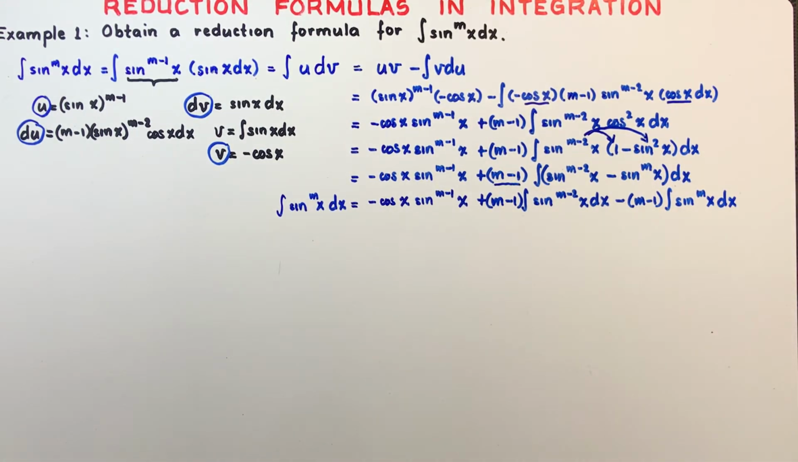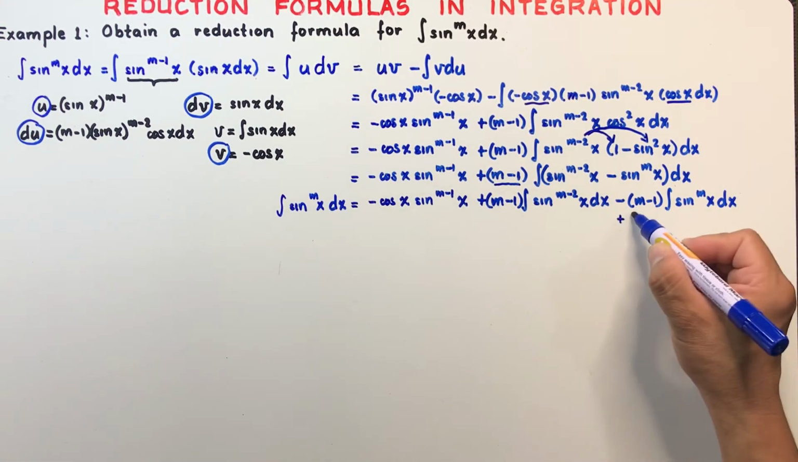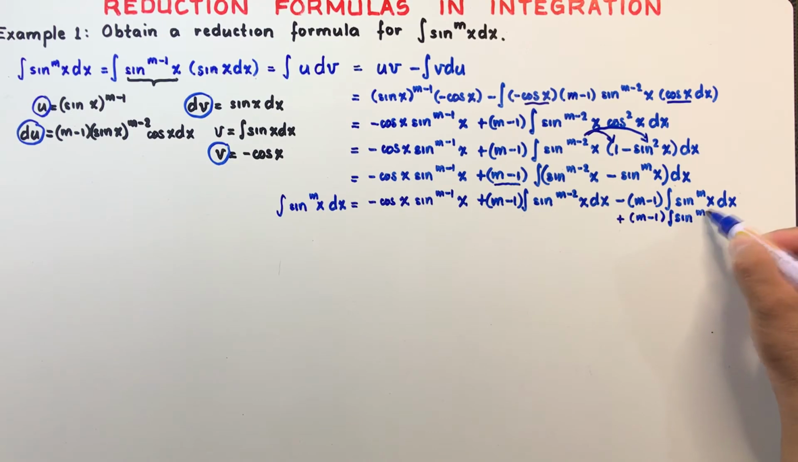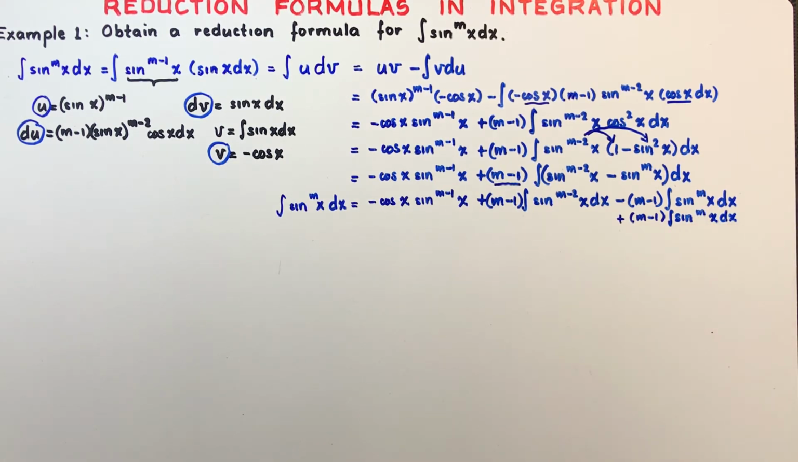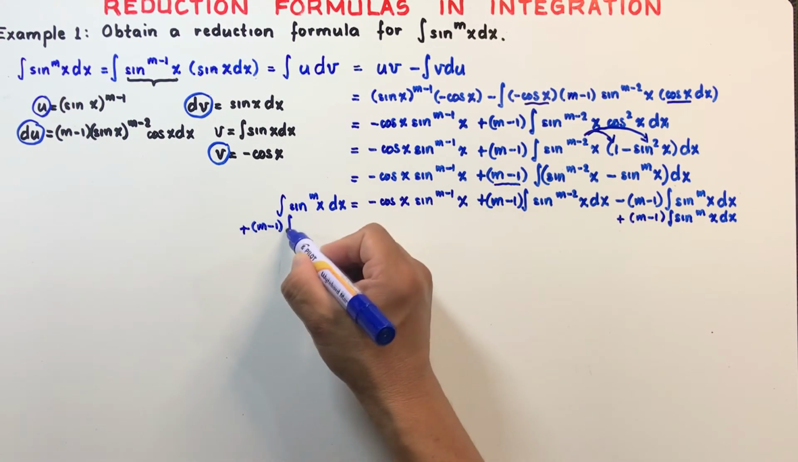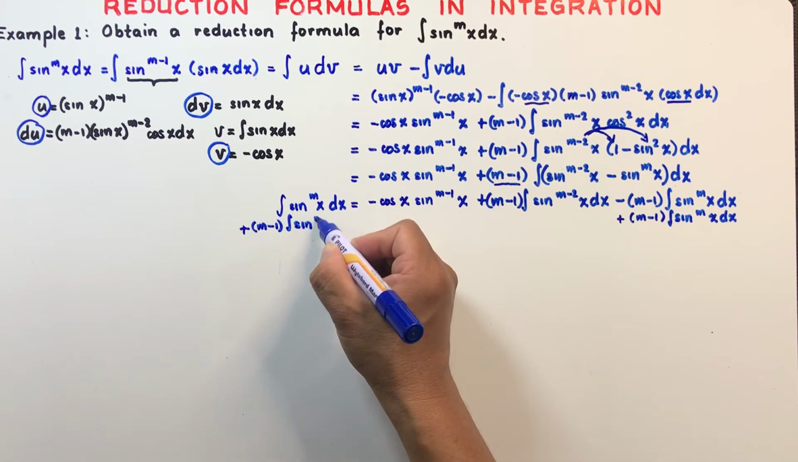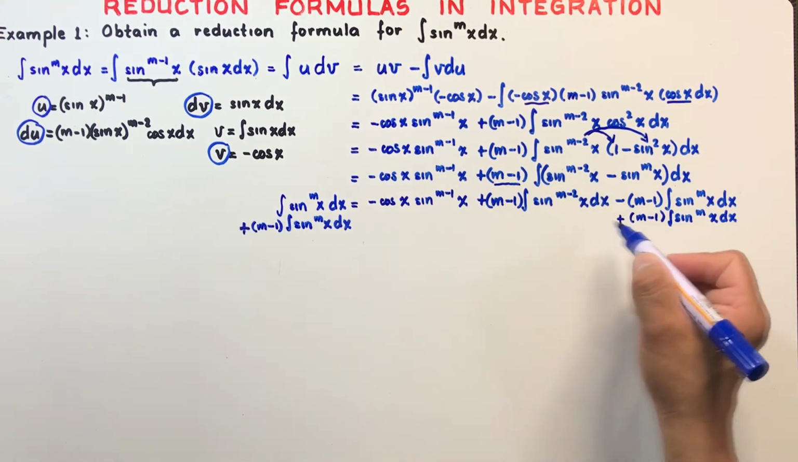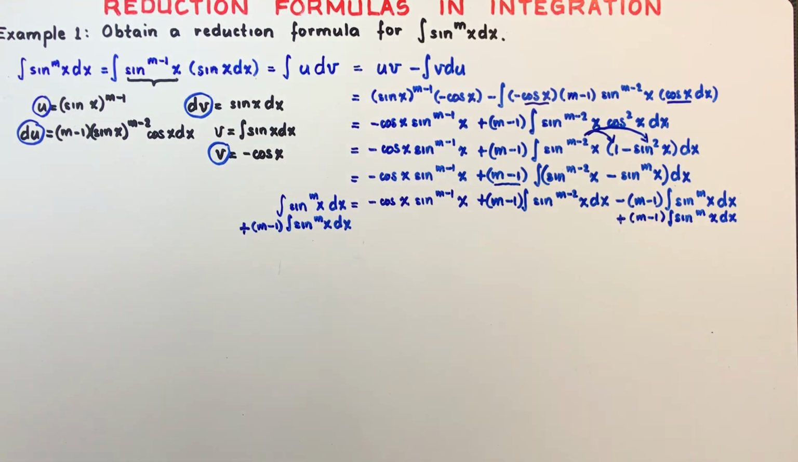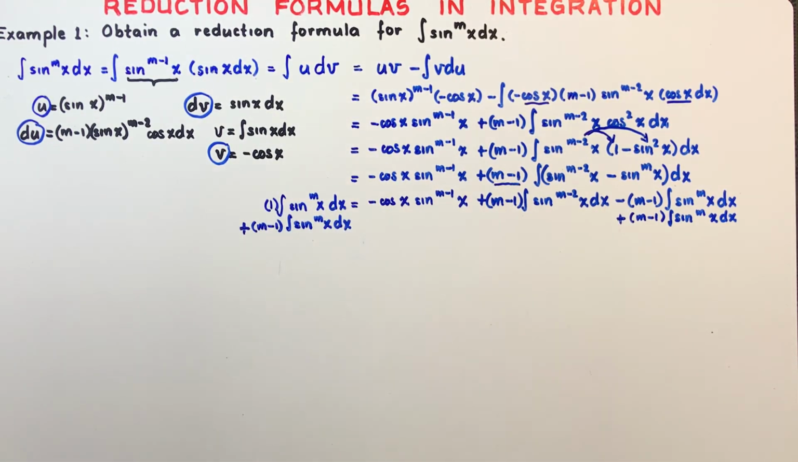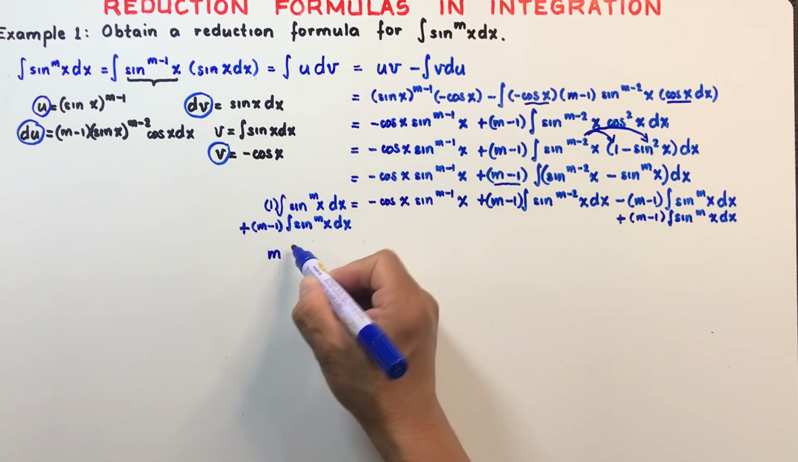So therefore, we need to eliminate this one here by adding both sides of the equation by the same integral. So adding at the right by this one, and also here by m minus 1 times the integral of sine x to the power m dx. So we are adding at the left, also adding at the right by the same quantity. So adding this 1 to 1, because this is understood to have a 1, we have m times the integral